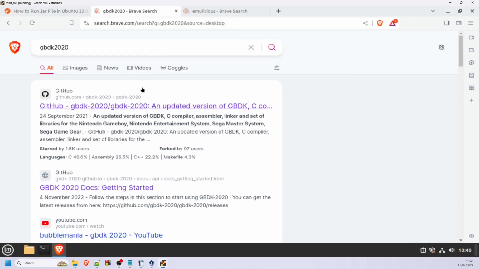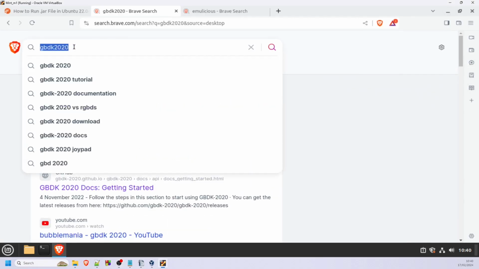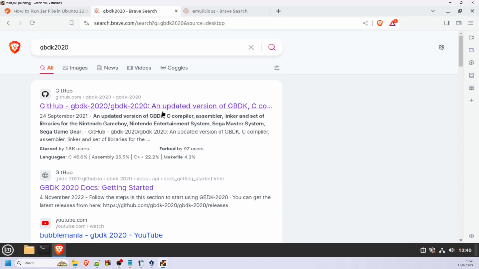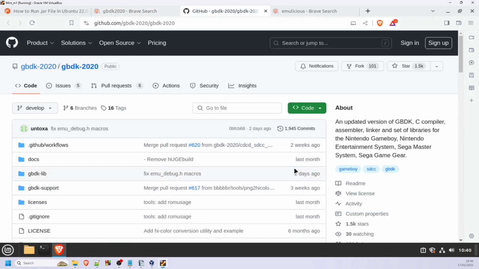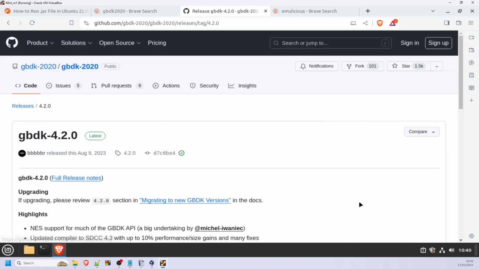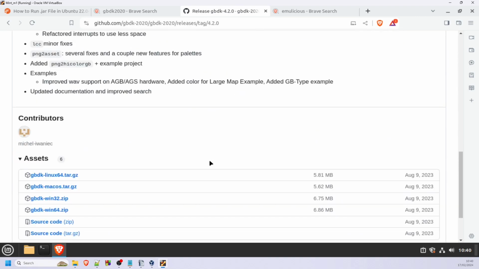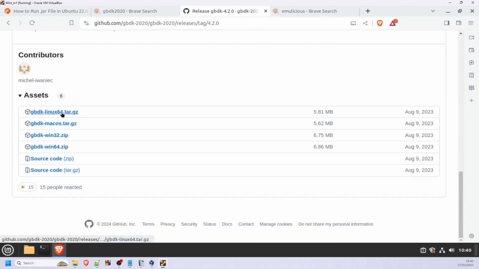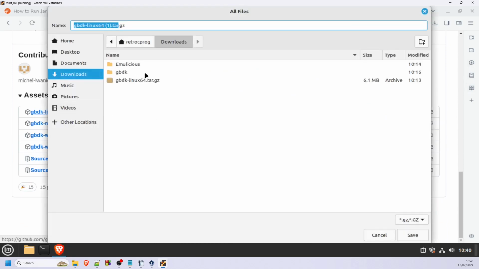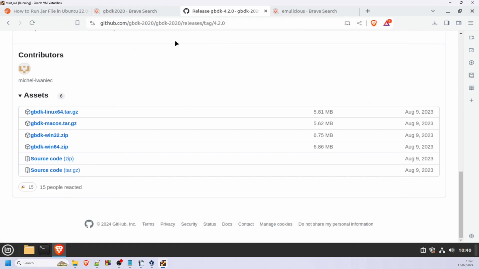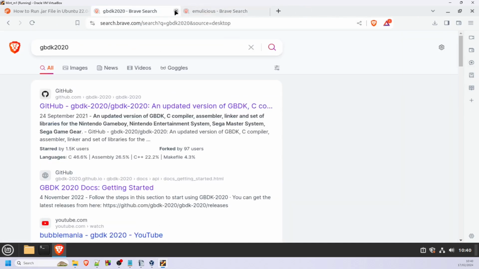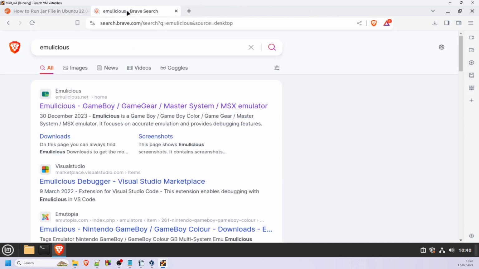So open up your browser, navigate to GBDK 2020 GitHub, go to releases and download the latest 64-bit Linux version. As you can see, I've already got it here, so I won't download it again. Next, go to